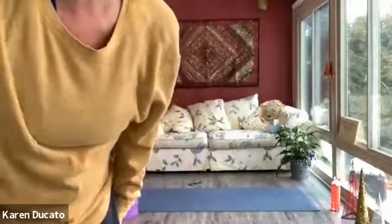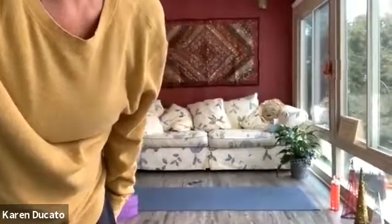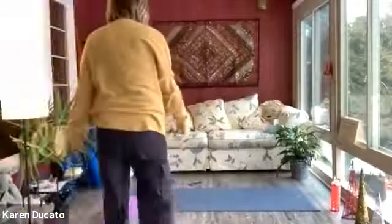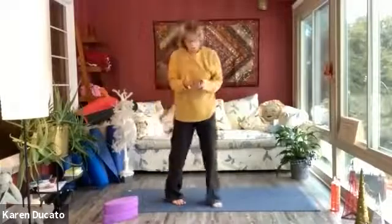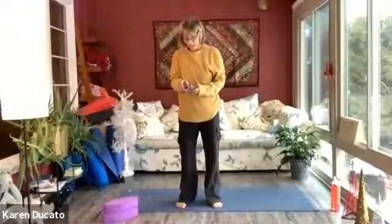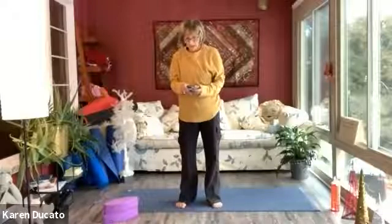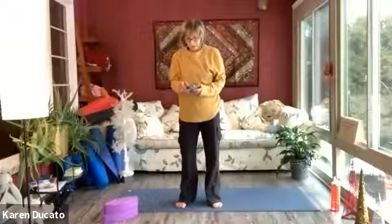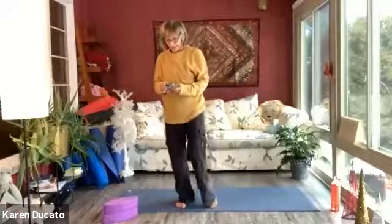Staying right here, right now. Breathing. Noticing. Letting go of fear and frustration. Letting go of anything that's not our breath right now. Just coming home. Coming back to stillness. Coming back to the earth, feeling connected, feeling comforted,